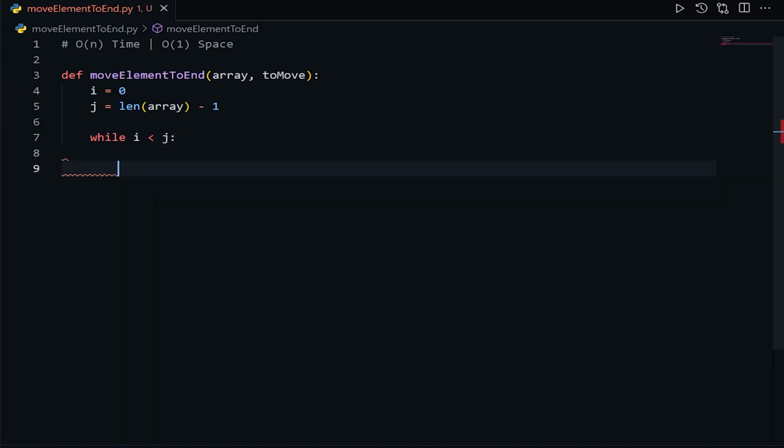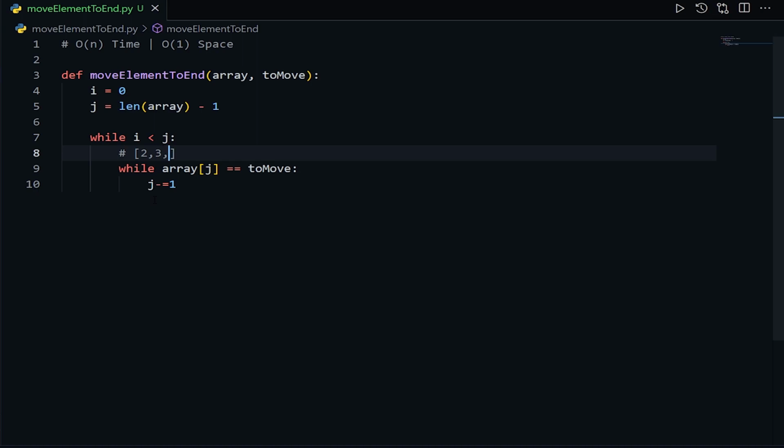While iterating, we also have to check if our j is equal to our element. So while j is equal to our element, we decrement j. So what's happening is, let's say we have this array 2, 3, 4, 5, 2, 2, 2.